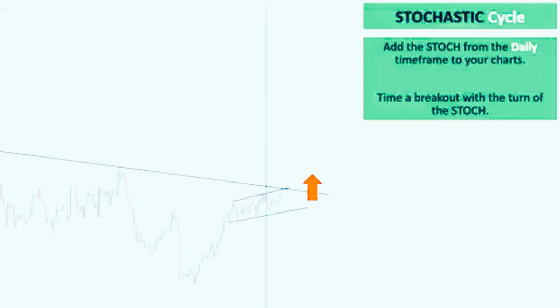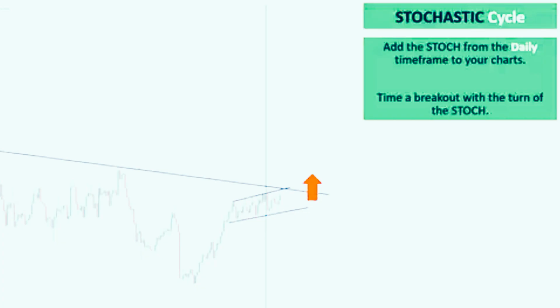So what do we have? We are on the 1 hour time frame, but here on the bottom we have the stochastic from the daily time frame. The period is 14, 3, 3, so the default stochastic, but it's coming from the higher time frame. And the stochastic is often giving us those nice cycles. And what we want to do is we want to wait for the stochastic to cross into a new